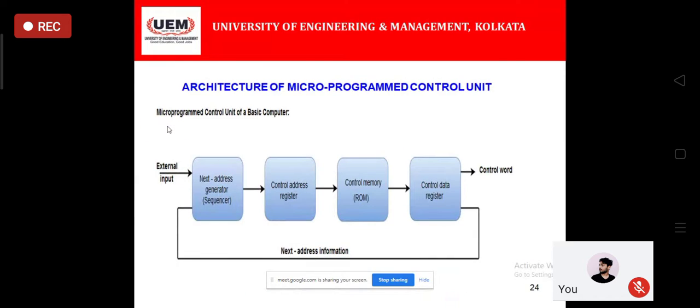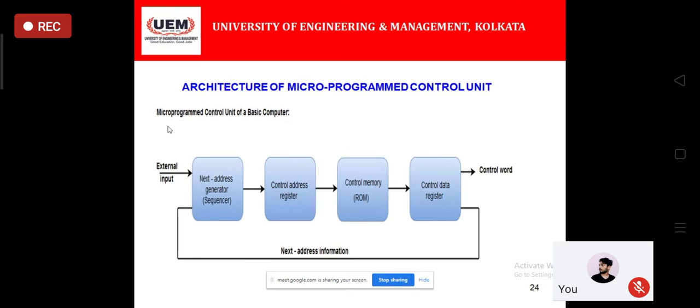Next question, write down the advantages and disadvantages of both the things. Advantages and disadvantages of the microprogram control unit. Another question, write down the advantages and disadvantages of the hardware control unit. For both types of control unit, you have to point out certain advantages and certain disadvantages, like in the previous slide, where I pointed out the advantages and disadvantages. Now, the third type of question can be to state the differences.